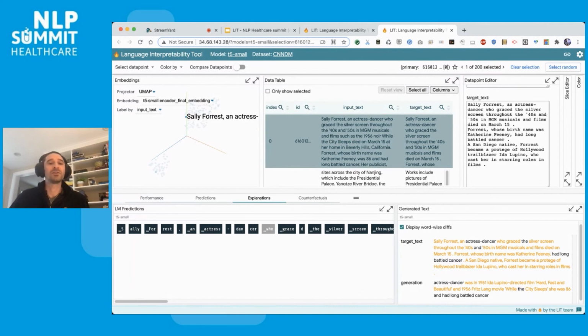In this case, we can also do next token prediction to understand how surprising each token in the input sentence is to the model, because that can be really important in understanding how well the model understands a given input sentence and how it's going to do on its output.